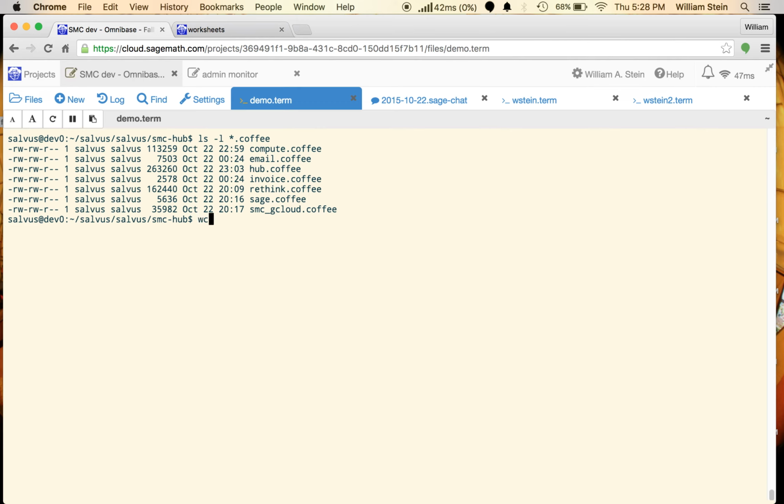Sadly large. You can see it's 263K. So yeah, it's really big, and I've tried to shrink it a lot over the summer, but it's one single file, and it relies on compute.coffee, and basically it requires these other files as well. So it's kind of big, but it